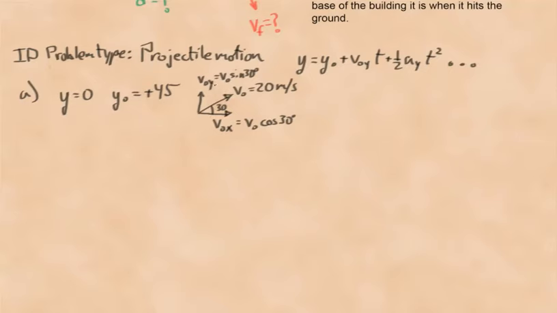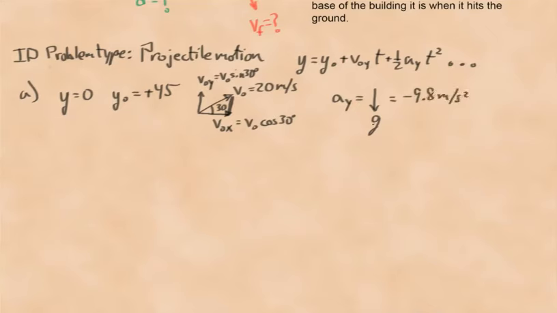And V0y is the initial speed times the sine of 30 because the y component is opposite the 30 degrees. The acceleration in the y direction is down, and it has a value of g. Because I defined up as positive, that's negative 9.8